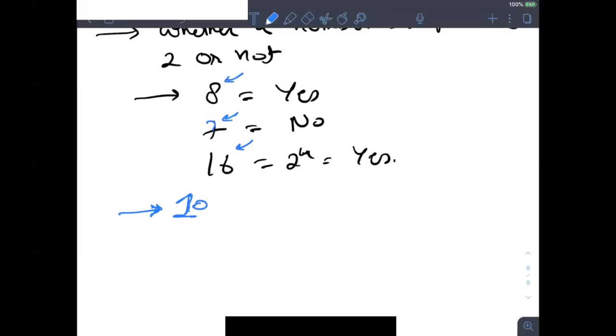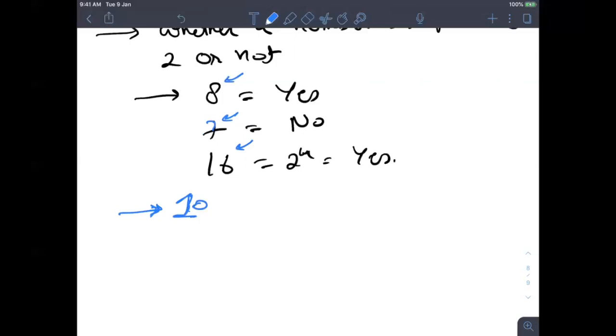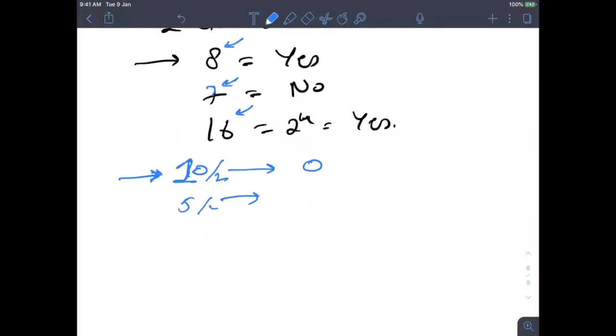But this while loop, so for 10, how will you calculate? Sir, 10 divided by 2, and we will put an and condition in the while loop, and we will use the modulus operator. If 10 mod 2 is 0, then yes sir, we will divide it by 2. Okay, then we'll check for 5, right? Yes sir. Cool. Yeah, this solution works and is perfectly fine.